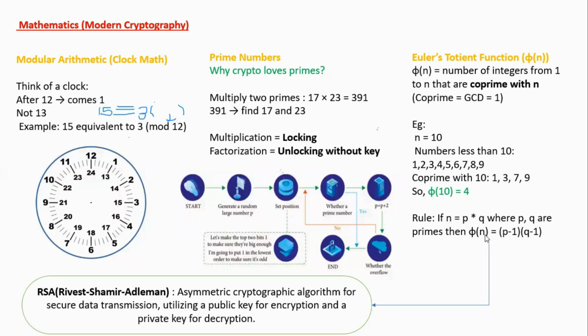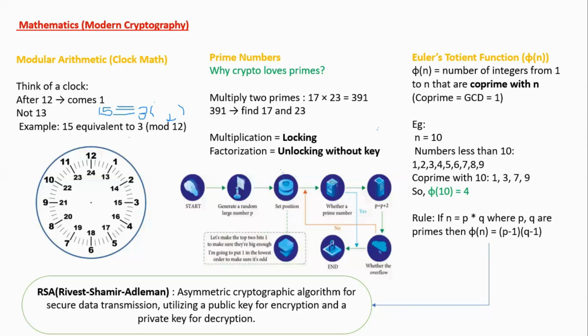Now you can see this Euler totient function is used in the RSA algorithm. Rivest, Shamir, Adleman. This is the asymmetric cryptographic algorithm used widely for secure data transmission. Here, we are utilizing a public key for encryption, where all can